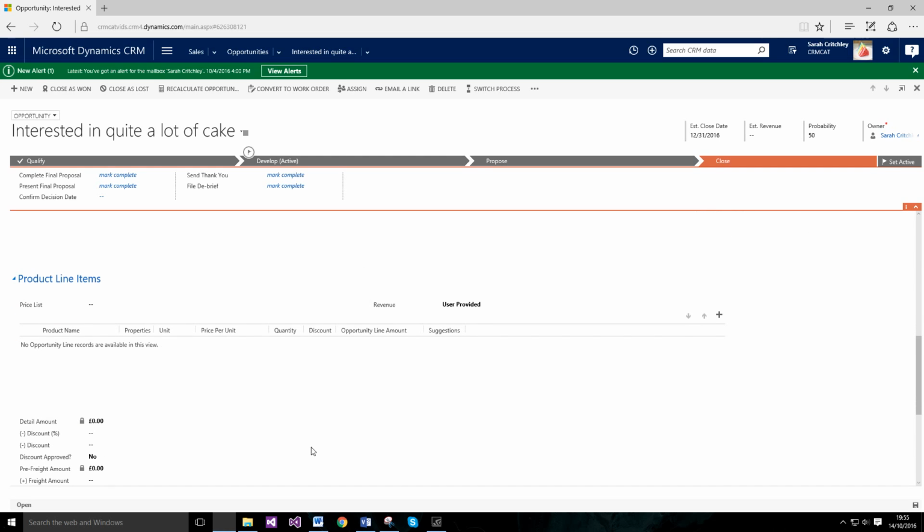So one of the things you can also do is attribute some product line items to your opportunity. Now, we've not got to the quote stage yet, but this is how you can attribute value to your opportunity and get a decent pipeline up. I changed this to system calculated, because then it's locked, and my product line items attribute to the cost that my opportunity